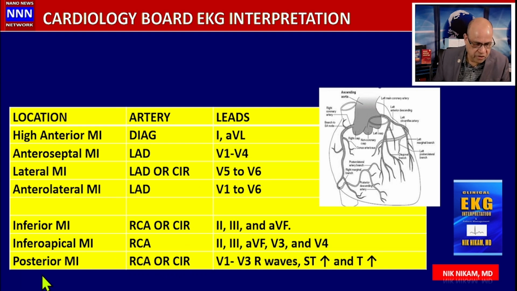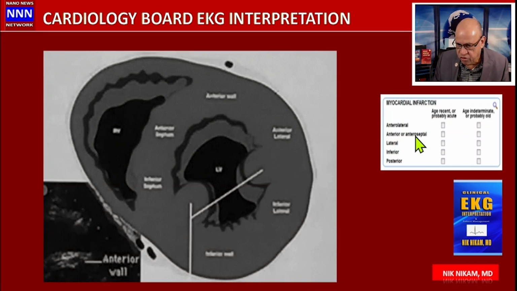The posterior myocardial infarction can be either from the right coronary artery or the circumflex branch, and that is usually related to the infarction involving the posterior wall of the left ventricle, which is situated behind the sternum, and we see mirror image reflections in leads V1 to V3, that is ST elevation and upright T waves in these leads where you don't expect to see them normally. We're going to look at actual examples of these. So let's get familiar with these regions: anterolateral, anteroseptal, lateral,